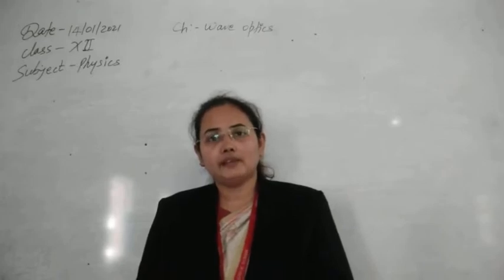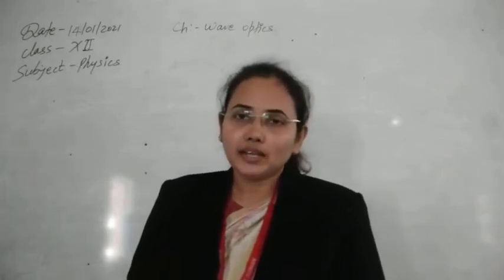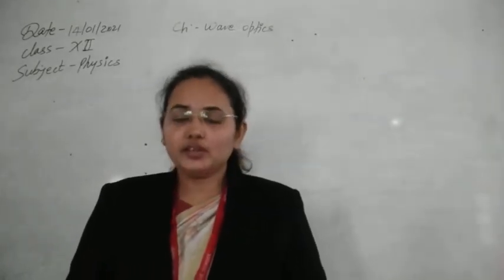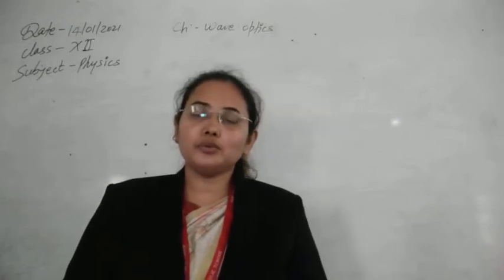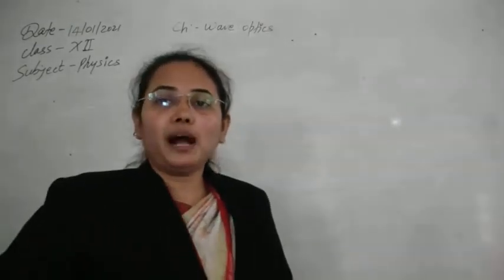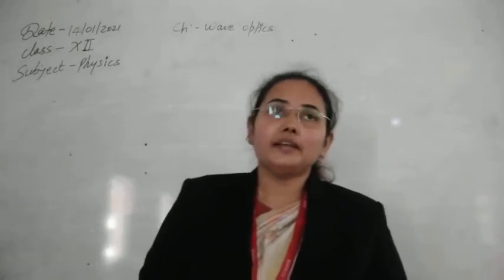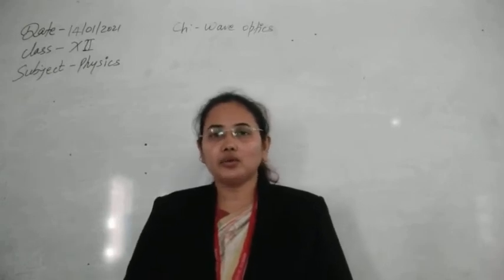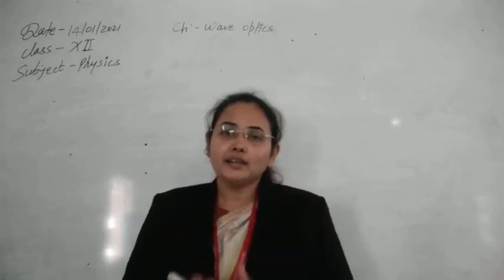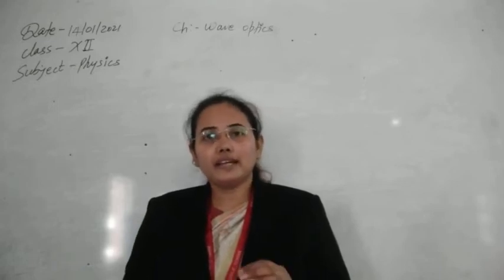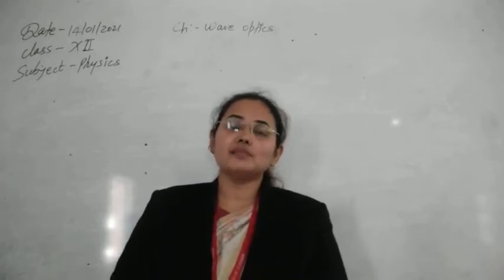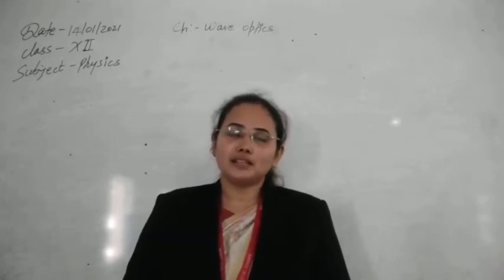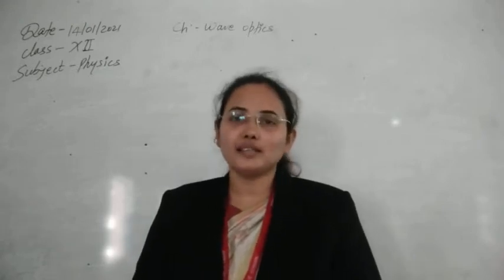So the next topic we have is the diffraction of light. What is the diffraction of light after the interference phenomena? Naturally, we have seen that when light passes through any narrow point, like a hole in your room, you can see light entering through that hole and the light gets bent from there. Whenever light falls on any surface, there is bending of light, and this phenomenon in one word is known as diffraction of light.